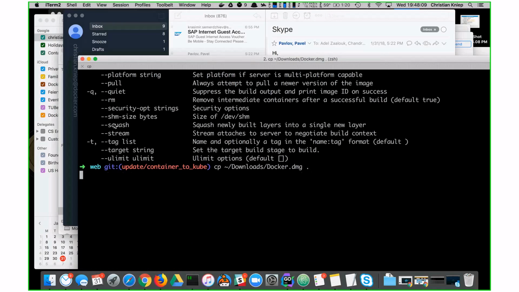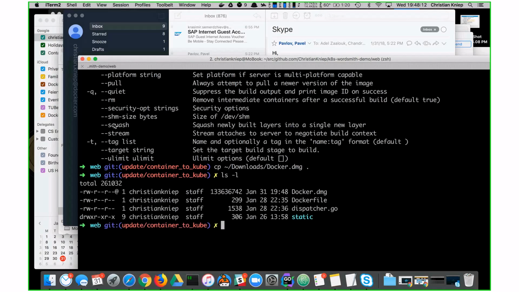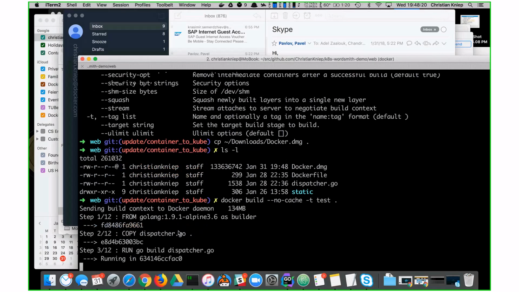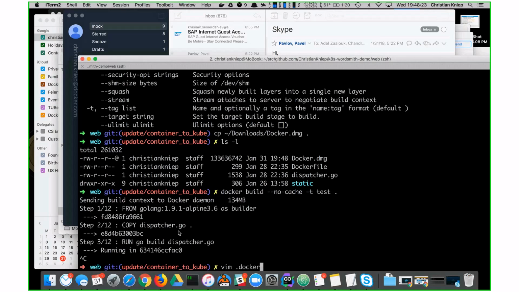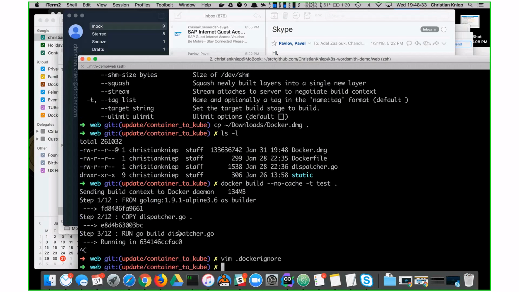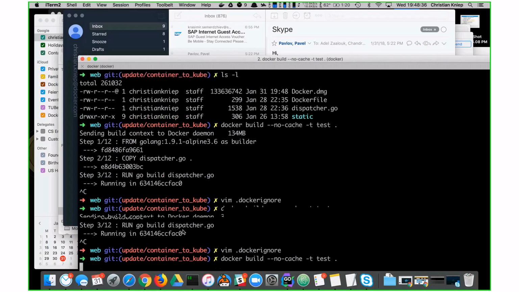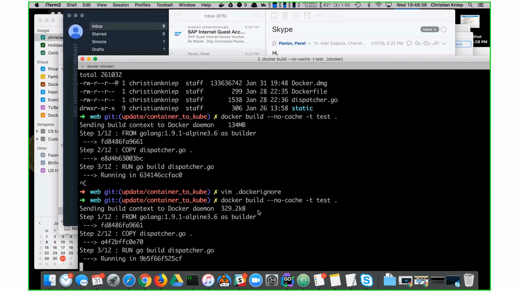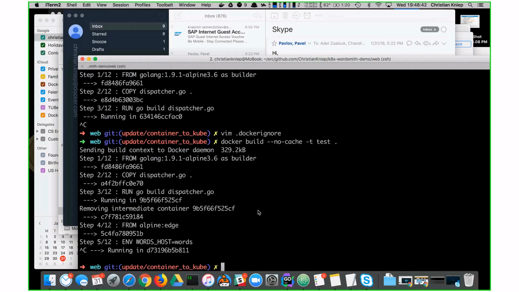So for instance, if I copy this Docker image as this Docker image for the Docker for Mac, then you will see that now it changes. And it first has to create the context, and then it can send it to the engine to compute. And how you can use .dockerignore, let me fix this typo. It will be 300 kilobytes again. So if you have artifacts that are not necessarily part of the image, you can use .dockerignore to ignore them. Okay, that's a side note again.